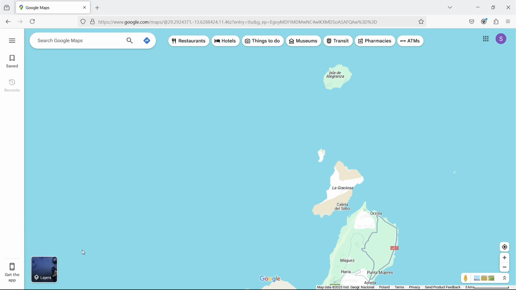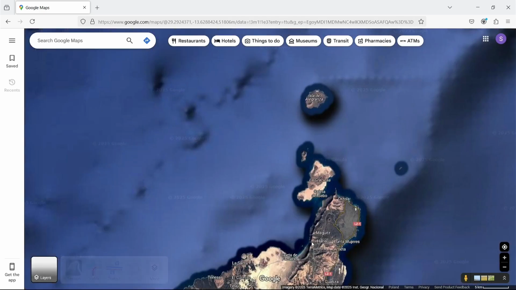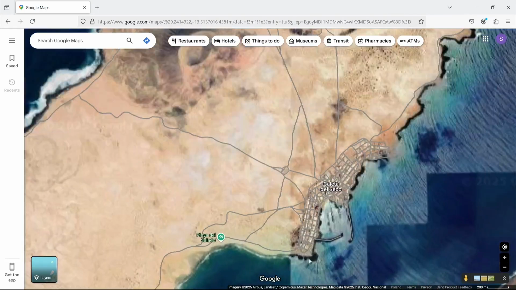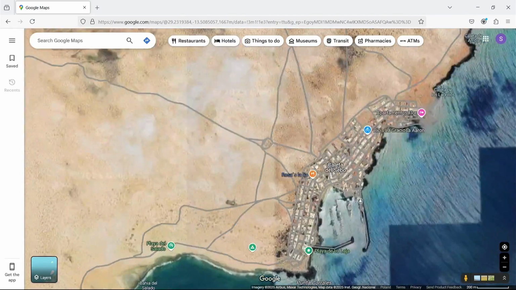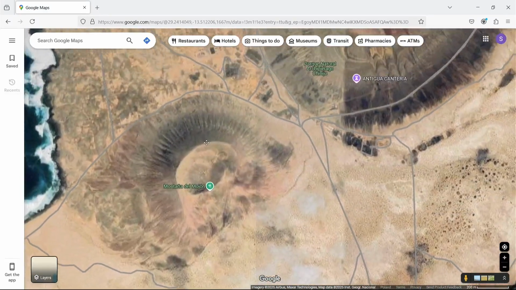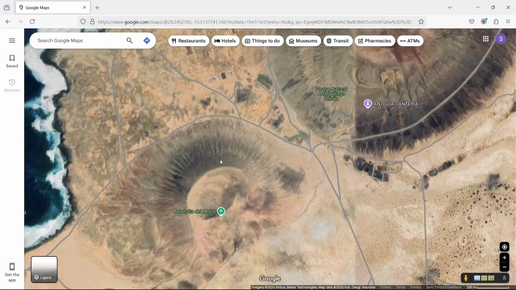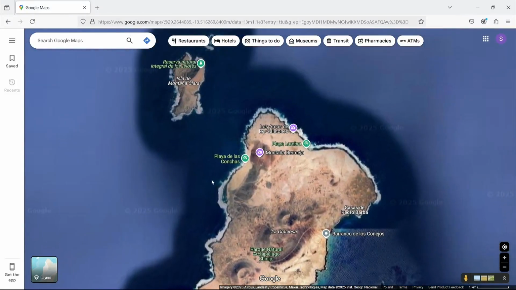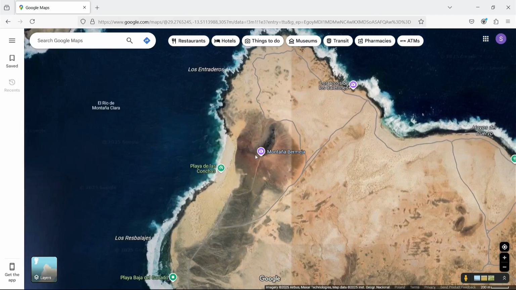The largest of the Chinijo archipelago islands is La Graciosa. You can get there by yacht, as I did, or by a small ferry from the neighboring island of Lanzarote. Staying in this small port, I decided to go to the volcano Montaña del Mojón in the morning. When I was up on the volcano, I used a telephoto lens to snap a photo facing north. So in my picture, you can see the cone of Montaña Bermeja.